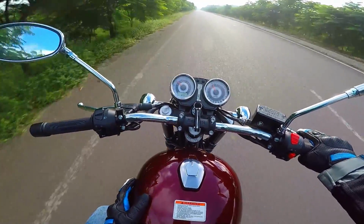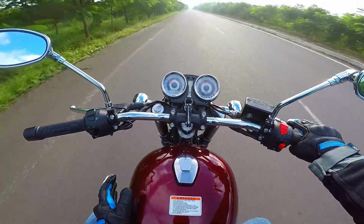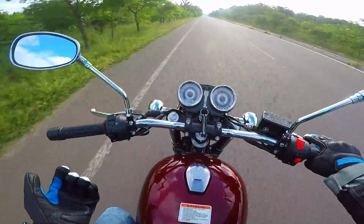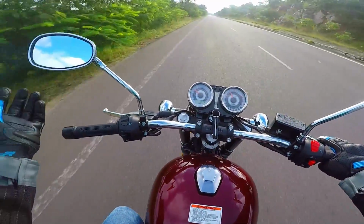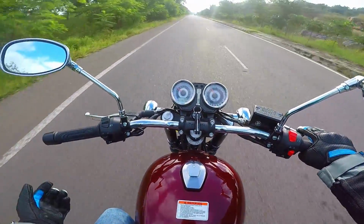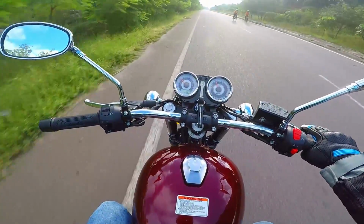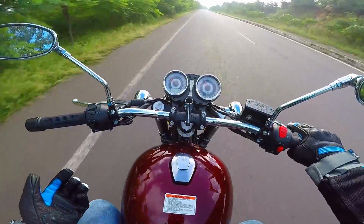12 liters feels a little too less. At least a 15-liter tank could have offered good tank range. The seats are comfortable. The riding posture is just about bang on and perfect. And yes, the mirrors could be slightly wider to offer a slightly wider field of view. That's one thing I could figure out. And everything else, the high-speed stability is great thanks to the long wheelbase and the larger tires. You have a 19-incher up front and an 18-inch rear wheel. We also get a 130 section, a wider rear tire to give you that extra bit of confidence while tackling